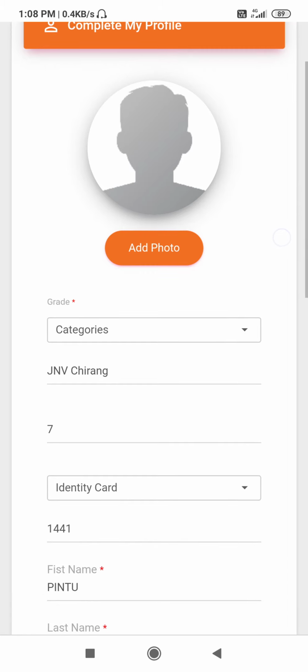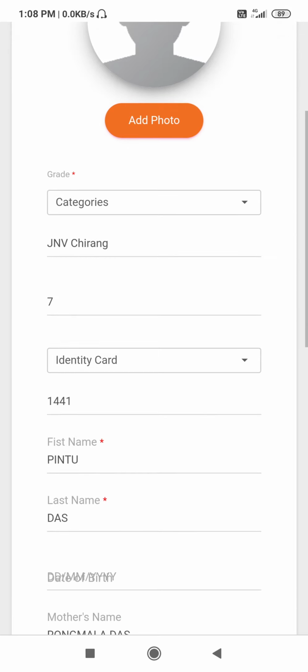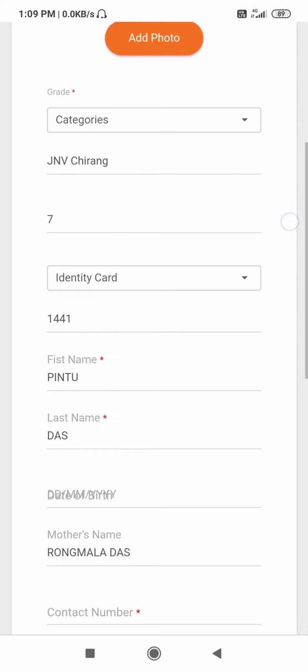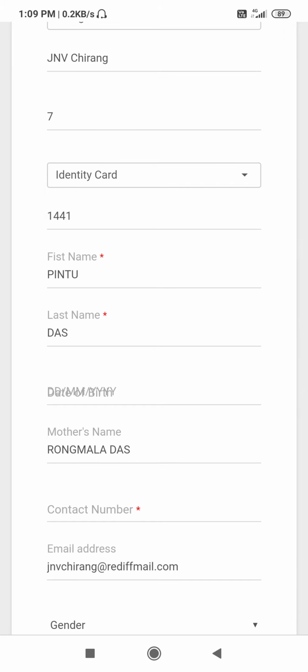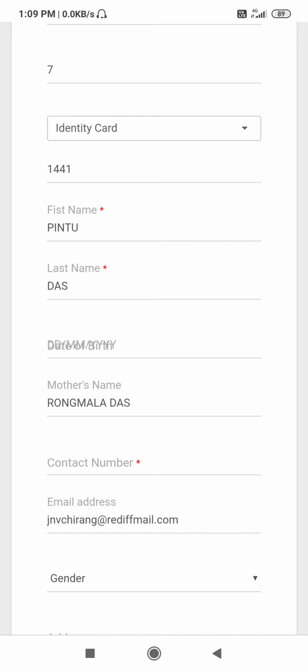In this page, see, this field is already filled up. The class field is also filled up. Then another number is filled up, which is the school registration number, this one. Then the name appears already.